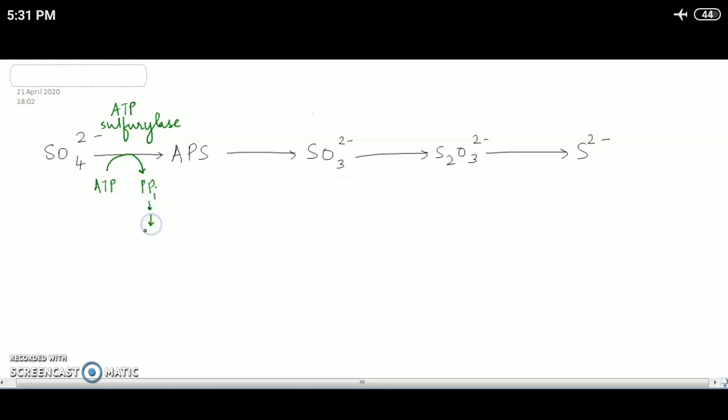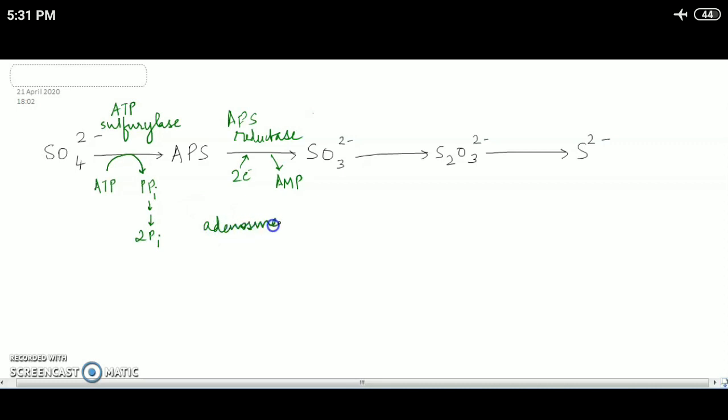Now this ATP sulfurylase uses a molecule of ATP and takes in the adenosine part of the ATP. So ATP stands for adenosine triphosphate. It takes up the adenosine part of the ATP and incorporates it with the sulfate. In the process, it releases pyrophosphate. That is what has been labeled here as PPi. That is pyrophosphate, or two inorganic phosphate molecules. So PPi, or pyrophosphate, will finally give rise to two inorganic phosphates. That is what is written as Pi.